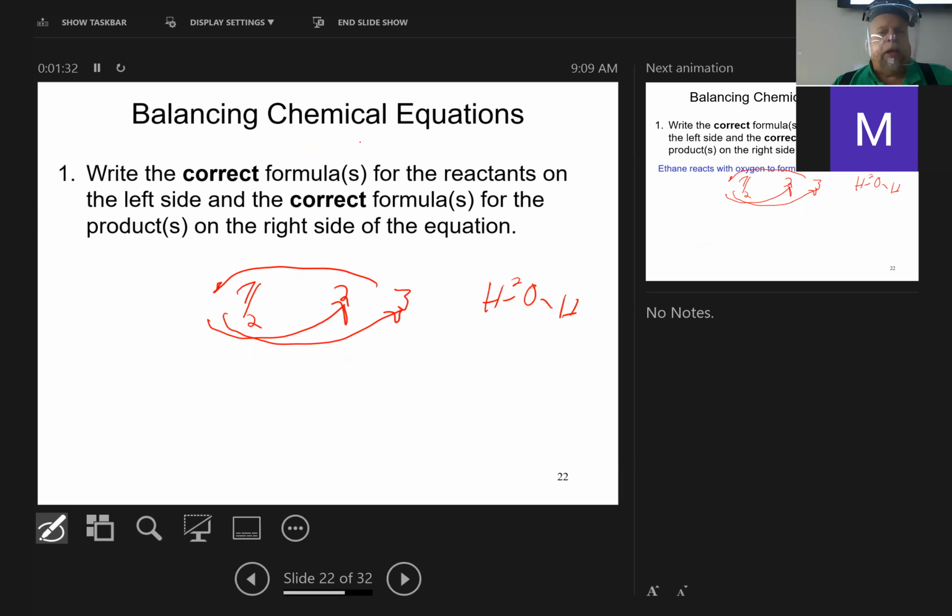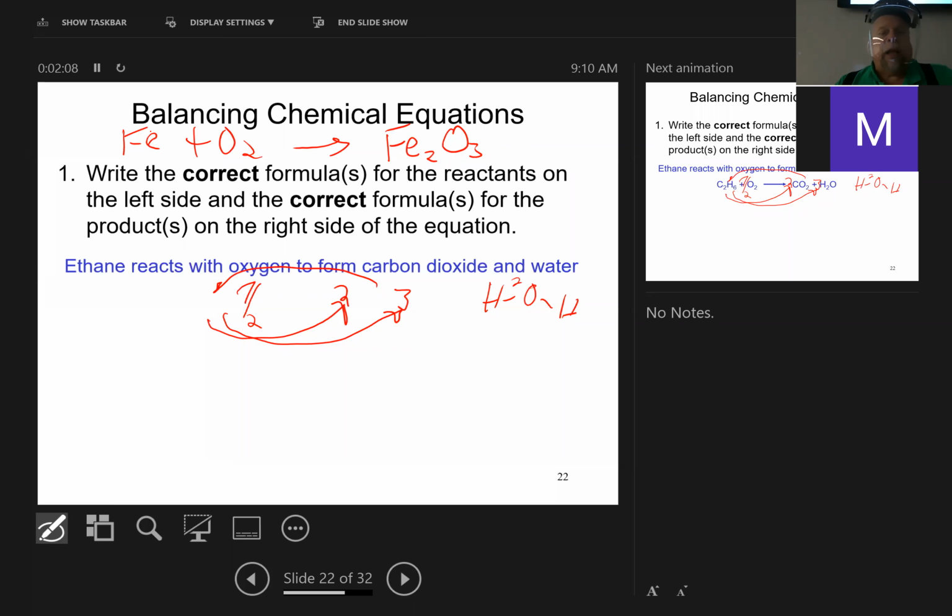Now, balancing chemical equations. First, you write the correct formulas for the reactants on the left side and the correct formulas for the products on the right. So if we have something like iron plus oxygen goes to ferric oxide, Fe3 iron 3 oxide, you start with that reaction, and then you balance both sides. Essentially, you go back and forth across. And I do recommend, even on the exam, you use the arrow, your finger or your pencil or pen, whatever,